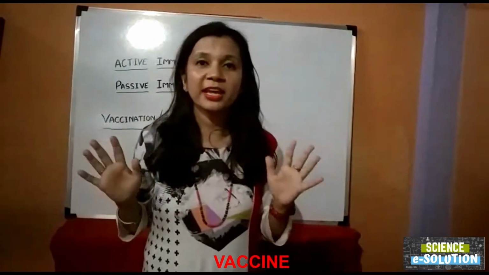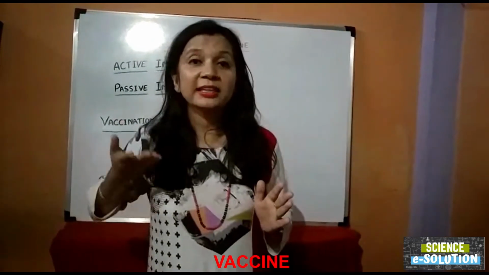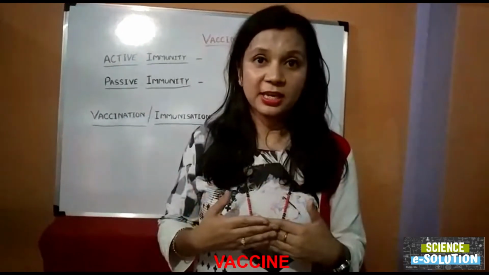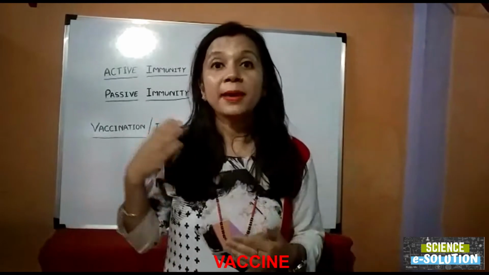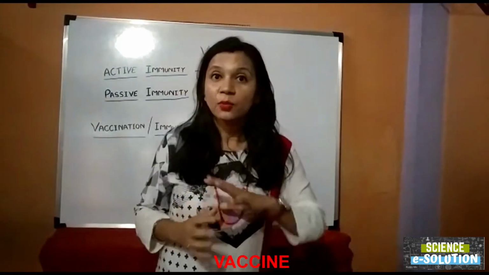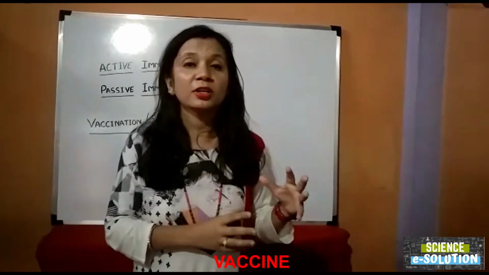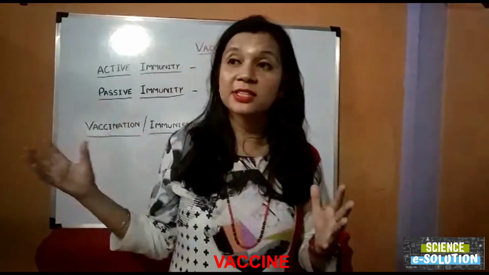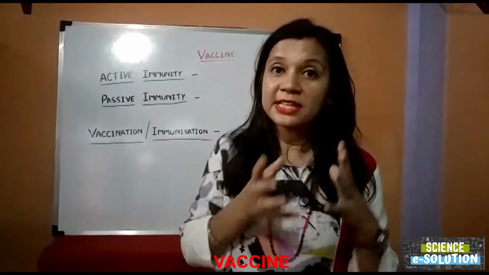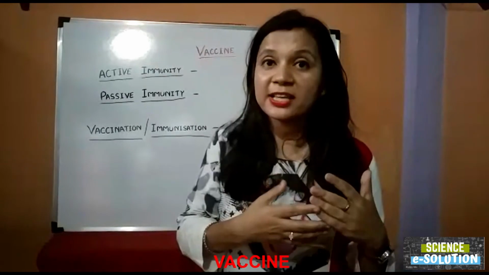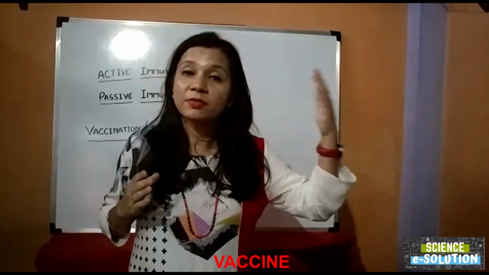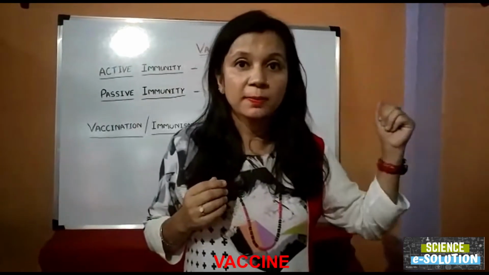This is a type of fake encounter, but it stimulates the immune system of the host so that it can produce antibodies. And one more thing is that memory B cells and memory T cells are produced in this case, which remain stored in our body for a long time. So when there is a real encounter of that person with a real antigen, those memory cells get stimulated very fast and produce antibodies more quickly than in the first response when the vaccine was given to the person.